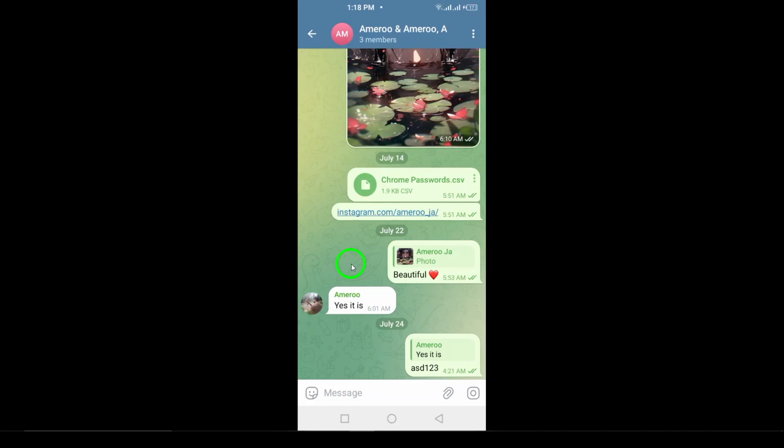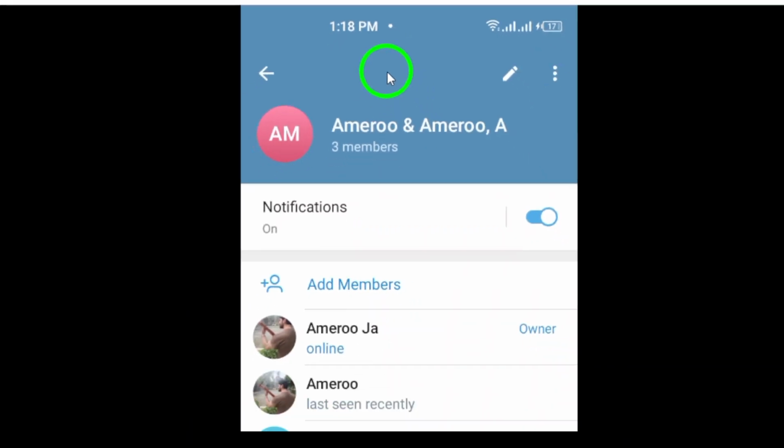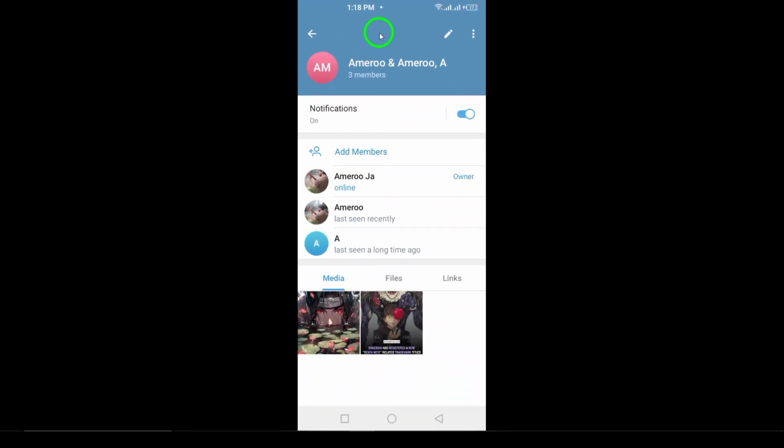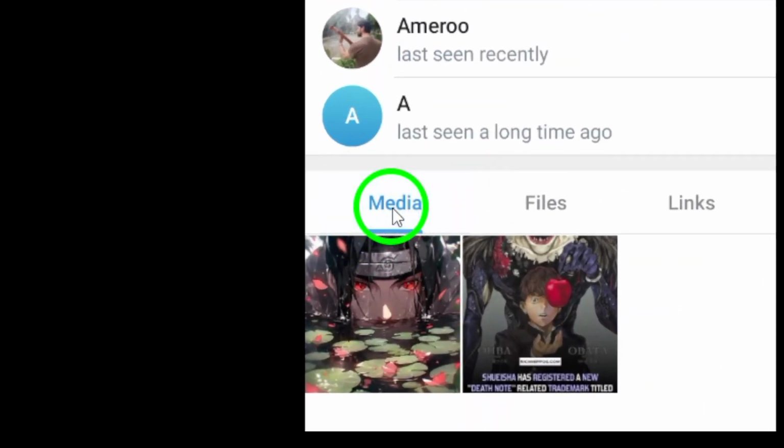Now you'll see the contact name at the top of the screen. Click on that to access the group's information. This is where the magic happens. Finally, scroll down to find the option labeled Media on the list at the bottom. Tap on it, and just like that, you'll be able to view all the media that has been shared in